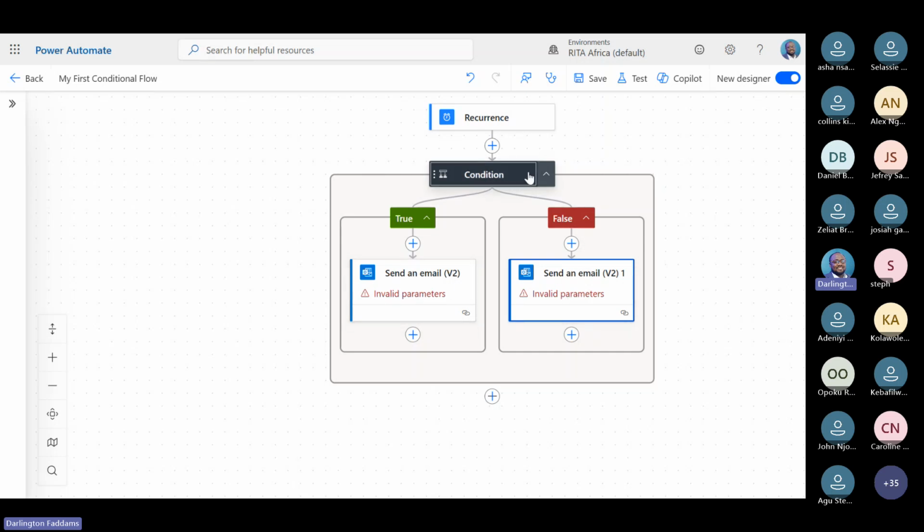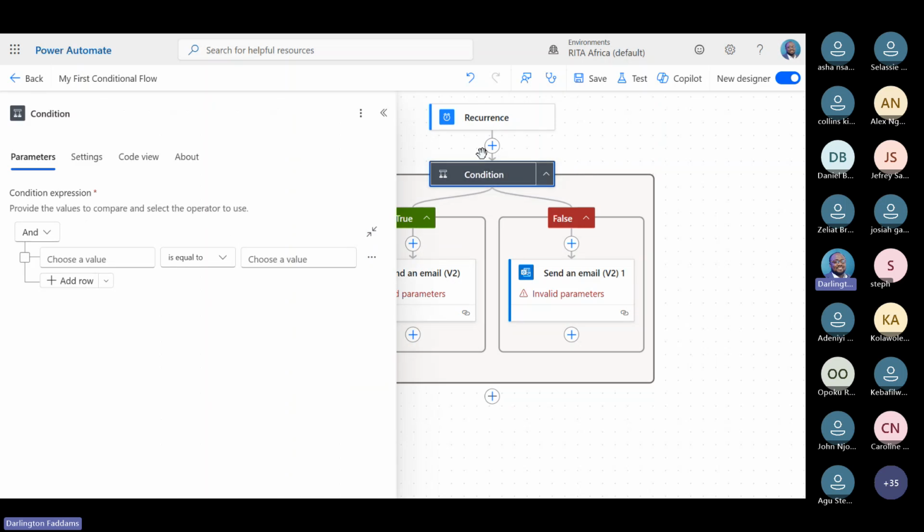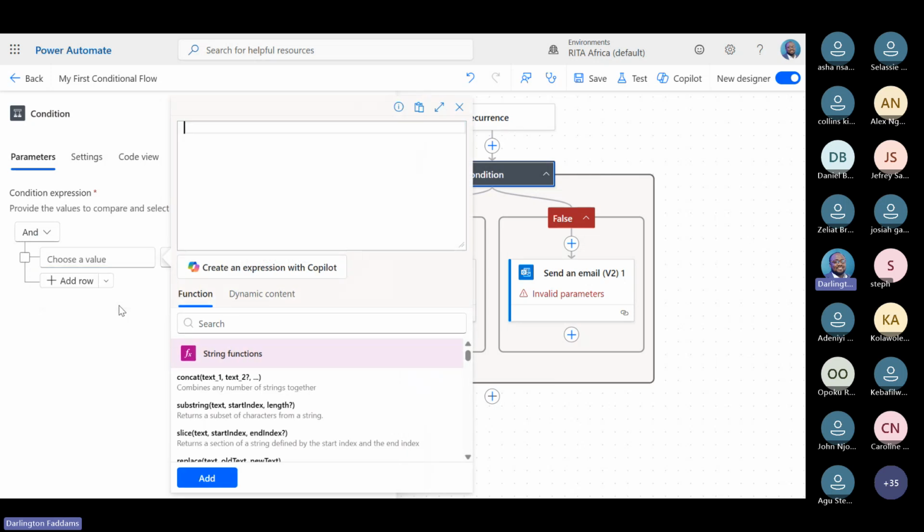All right. So when you click on condition, this is where you define your condition. So here you choose a value. And this value, it says press hash to insert dynamic value or expression. I mean slash. So you can insert an expression. And you can also insert dynamic content. So when we choose an expression,